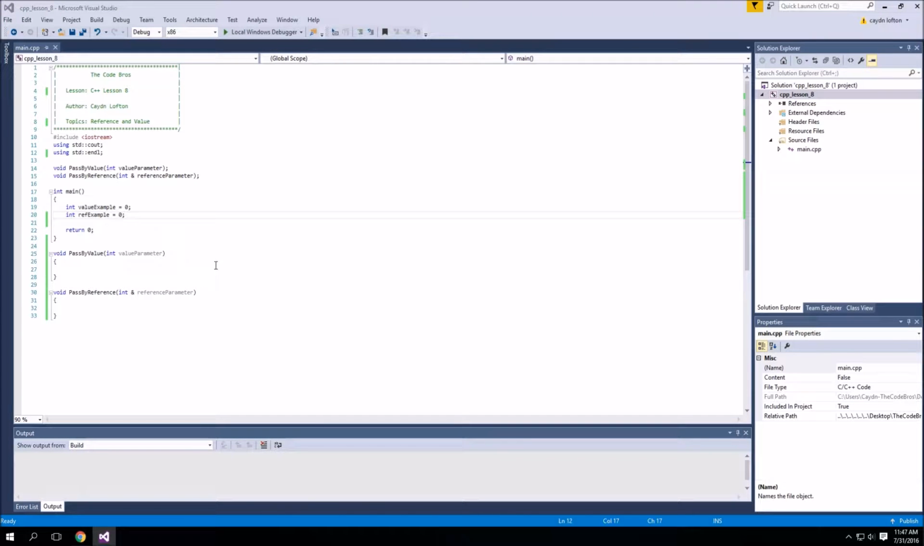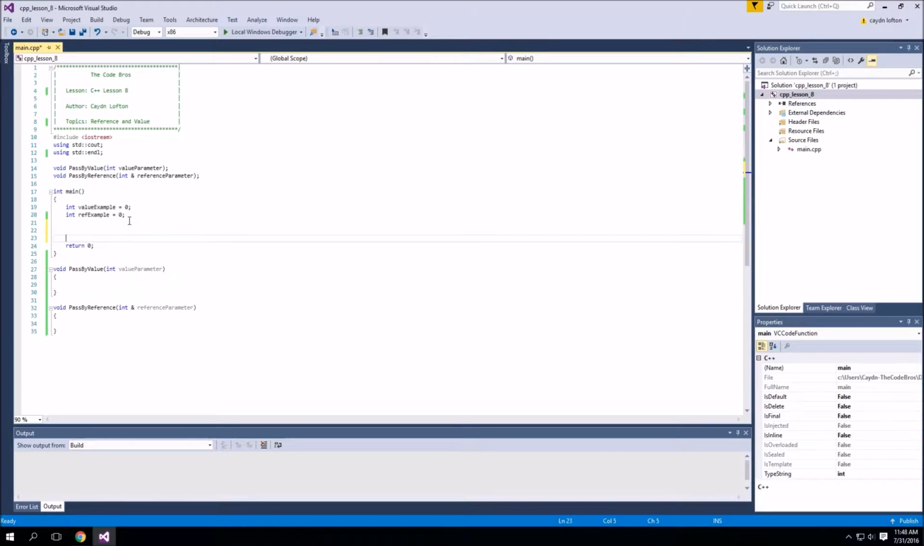I have the skeleton kind of written out here, and we'll just kind of start filling in the blanks. First off, what I'm going to do is say the value variable. So we have these two variables. One's a value example and one's a reference example. They're both going to be assigned 0 at the start. Anyways, we have value variable before function,